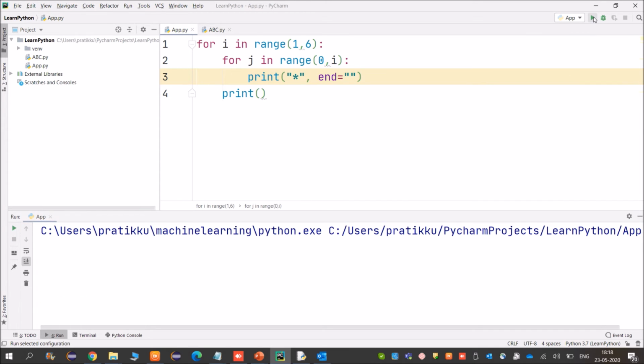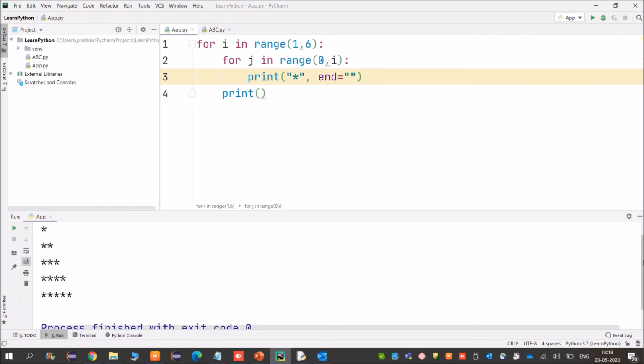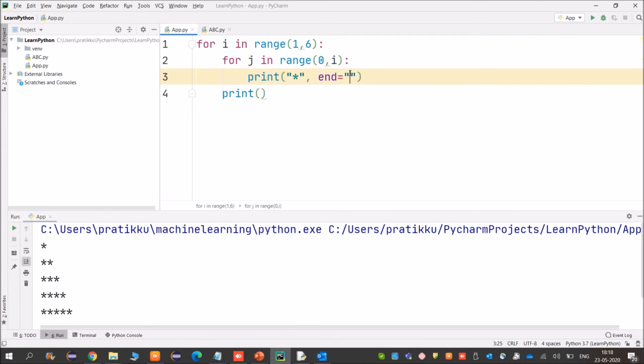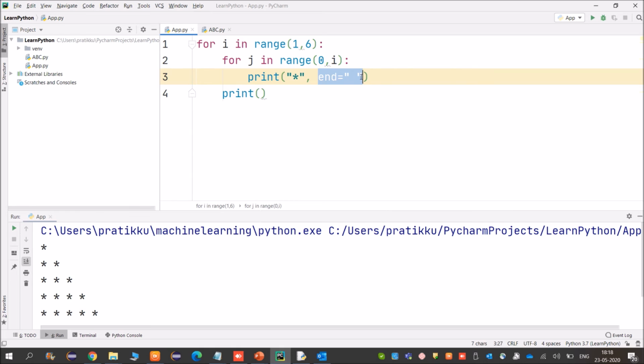Now if I run, you can see all are together, there is no space. So this space is given so that we will have a space between the stars, and friends, you can see this is the exact right angle triangle star pattern which we are looking for. So friends, this end we will be using to end the output with a space.